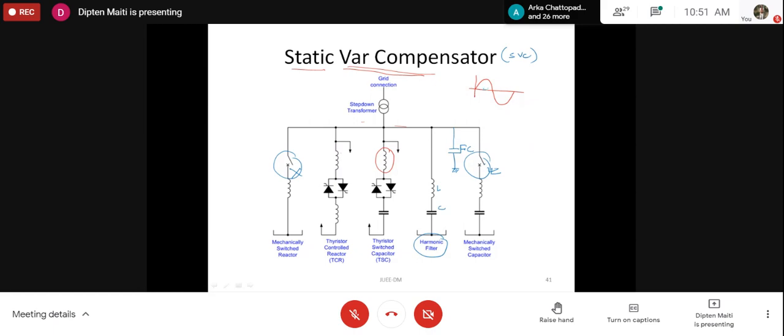So in that case there would be a current like this. Further, you delay for this period, and further if you turn on, there would be current like this. So on this side there would be current like this. So you see, as we delay the firing angle of the SCRs, the RMS current through the inductor changes.